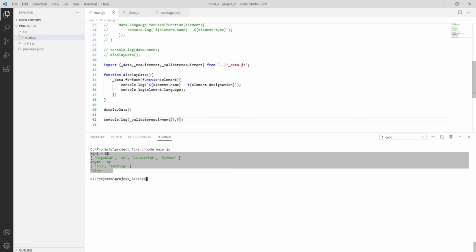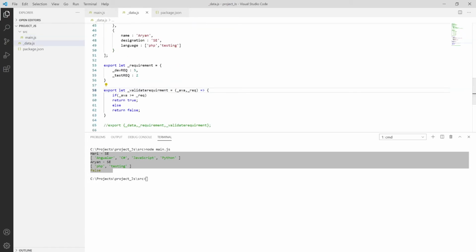Because we are using the named export functionality, which suggests it can directly export as soon as they are declared with the help of the export keyword. We also have named import, which I already showed you is very similar to that.